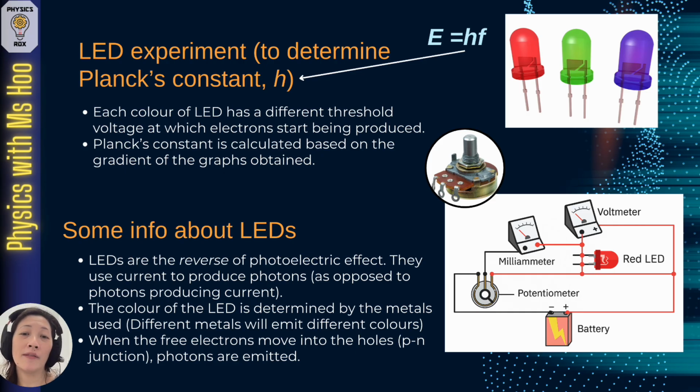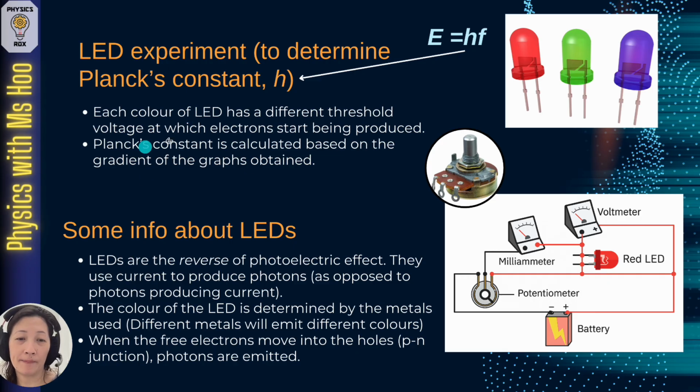Actually, the color of the LED depends on the metal that is used inside the LEDs. Each color of the LED has a different threshold voltage at which electrons start being produced. Planck's constant is calculated based on the gradient of the graphs obtained. So let's look into more detail about how to conduct the experiment and what this threshold voltage of each color